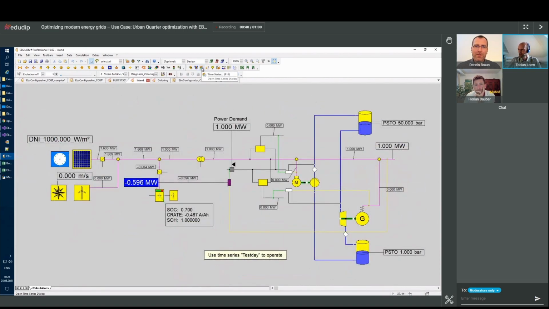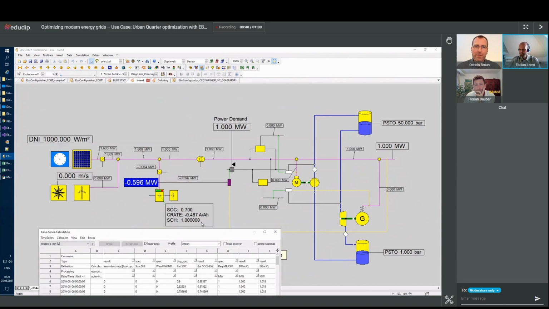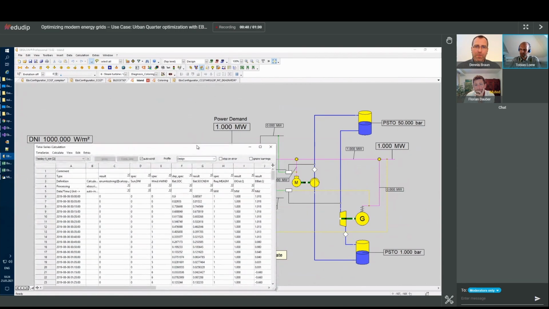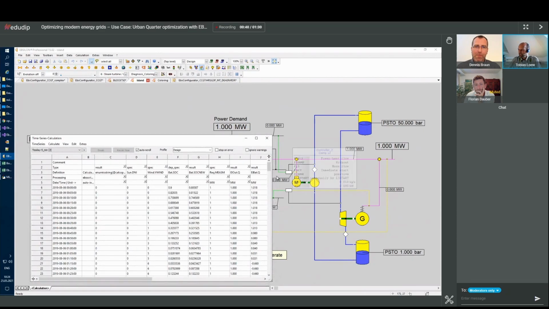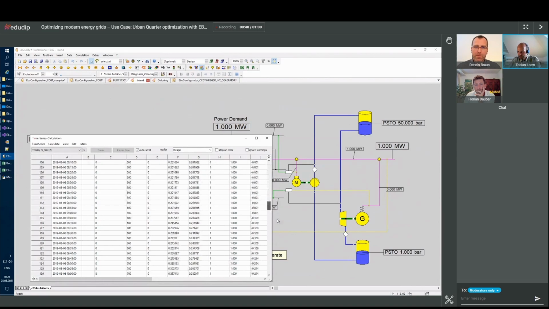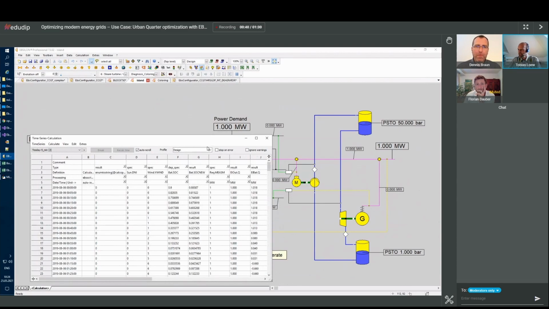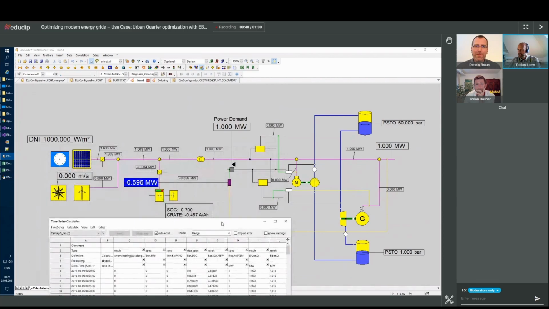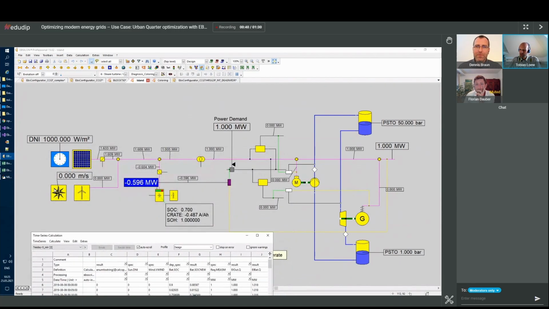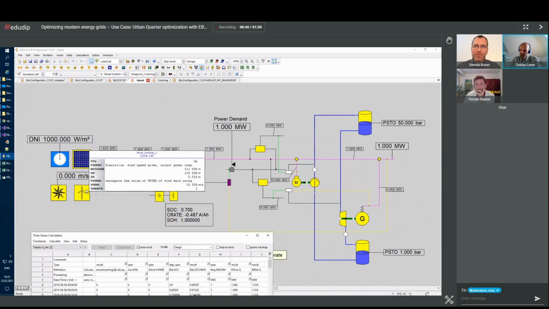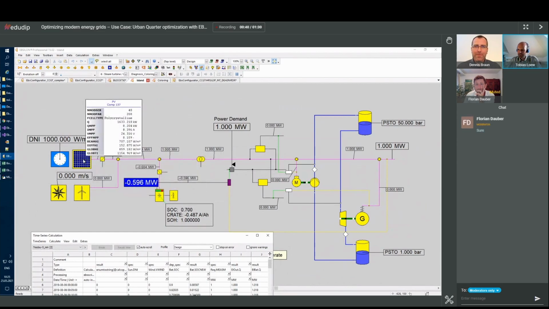Here we can show that we also have a time series calculation. We have a 5-minute based time series with wind and solar data over 1 day in 2019 on some island in, I think, the Indian Ocean. And in the model, we have a wind turbine, which produces current when the wind is blowing. We have also a photovoltaic system in here.